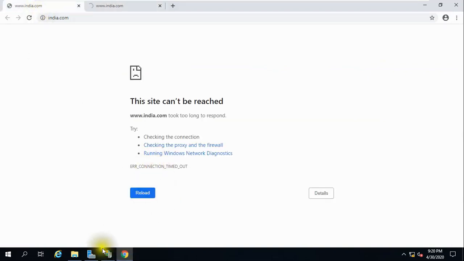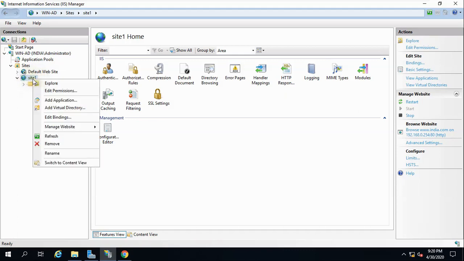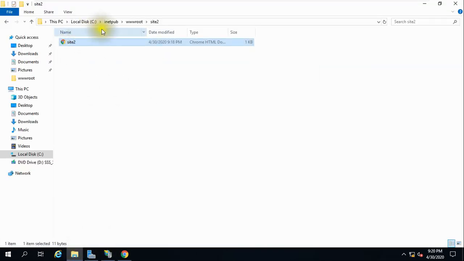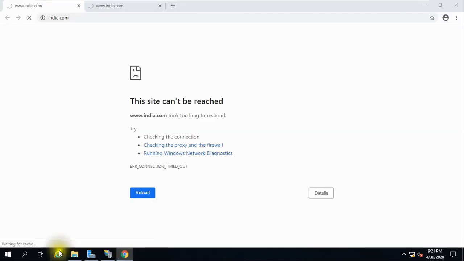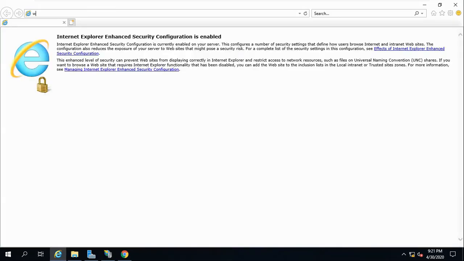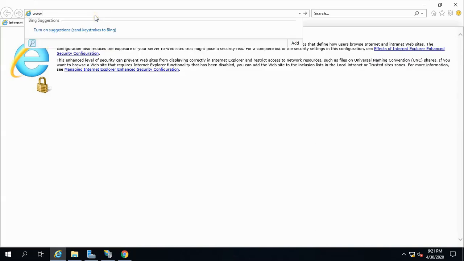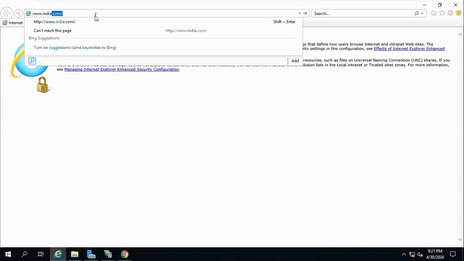Site cannot be reached. Let me restart this site once. I should check what name I gave here: site 1 only. Let me try here, www.india.com.